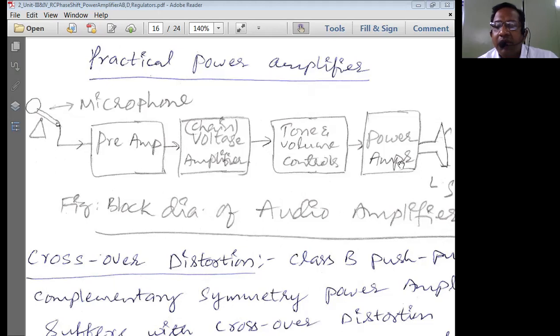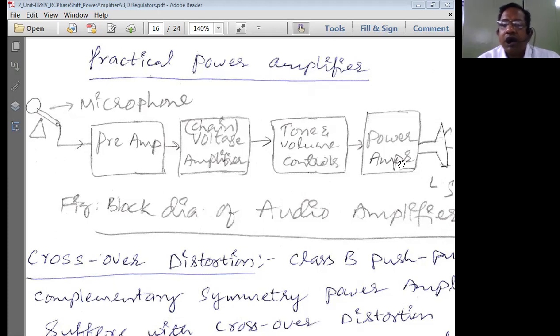The class D type of power amplifier is not actually used in audio amplifiers. It is normally meant for controlling signals in industry. If you want to control servo motors or tachometers using PWM signals, we normally use the class D type of power amplifiers. It is normally used for digital audio systems, because we need to process digital signals, which comprise 0 and 1 values. Therefore, class D is actually meant for digital processing circuits, not for analog circuits.